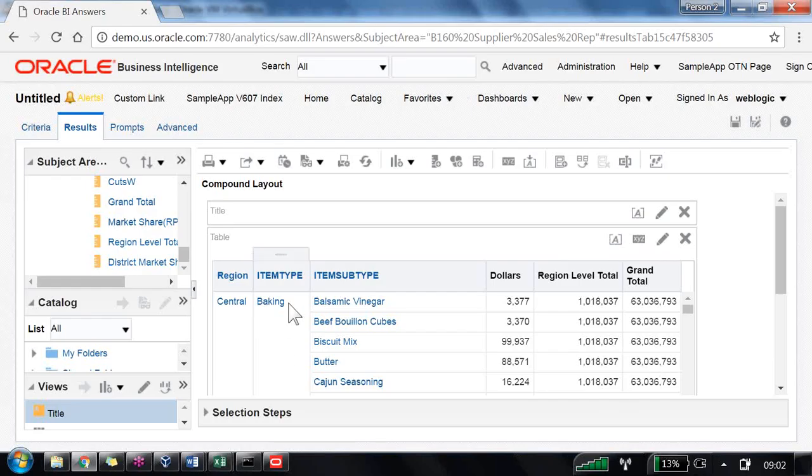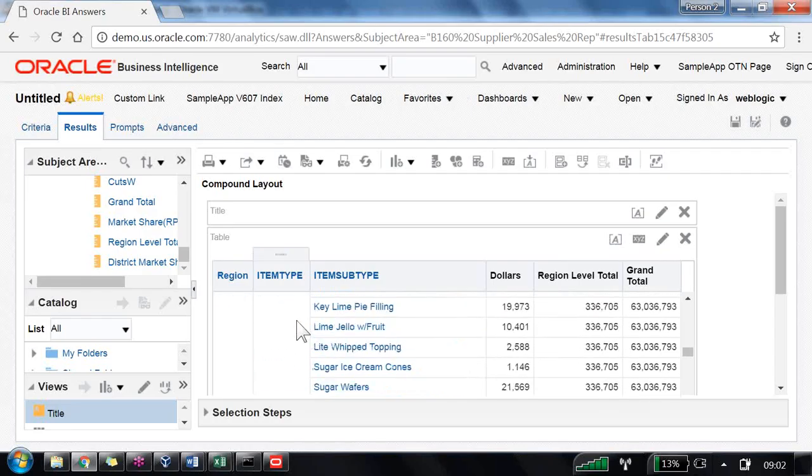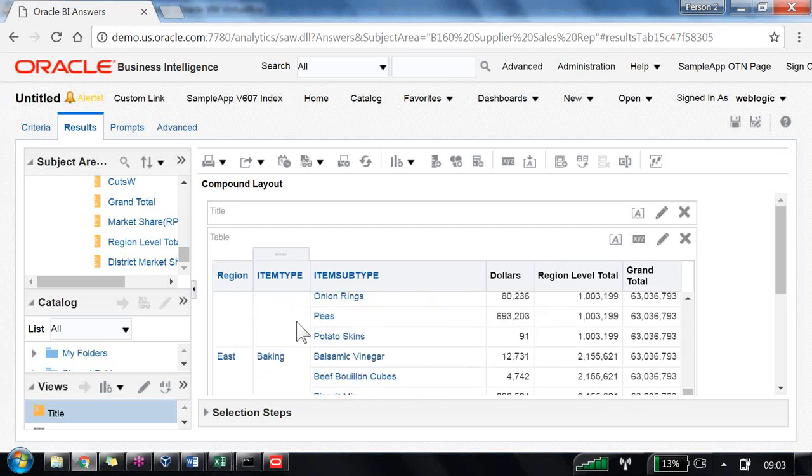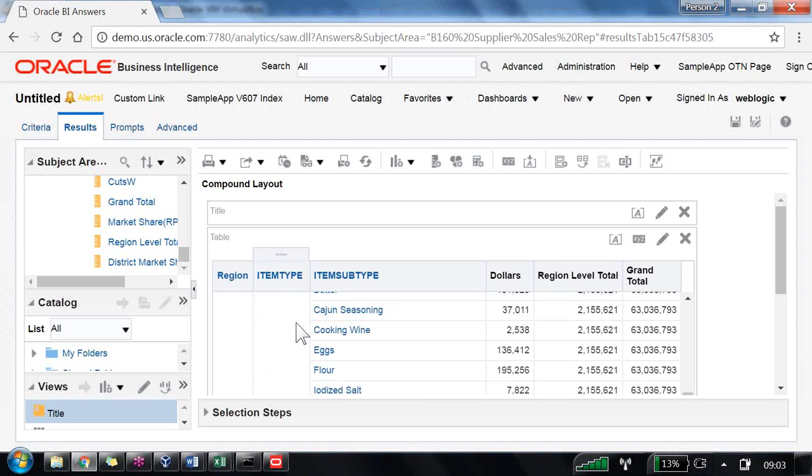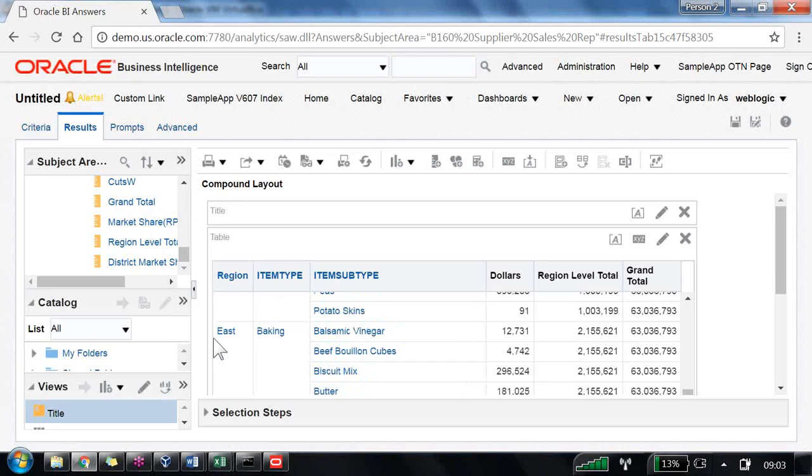Backing of central as well as east as well as west, right? But is it calculating like that? No. So it's not able to give either item type wise total, and region level total also it is not able to give,